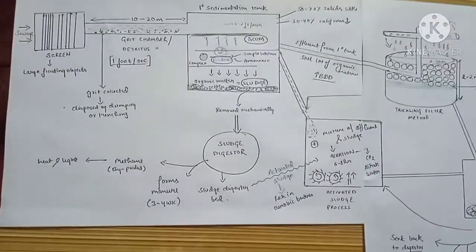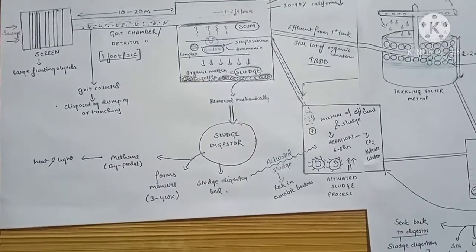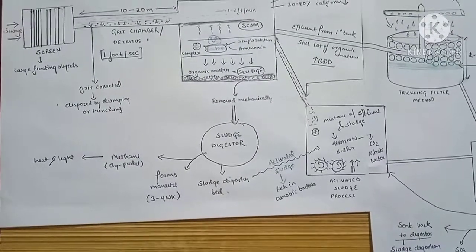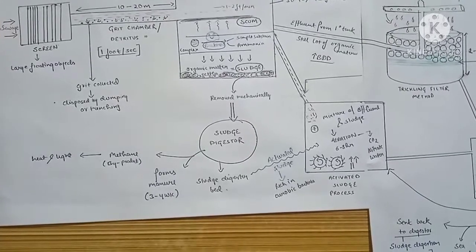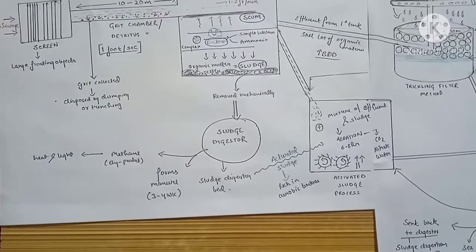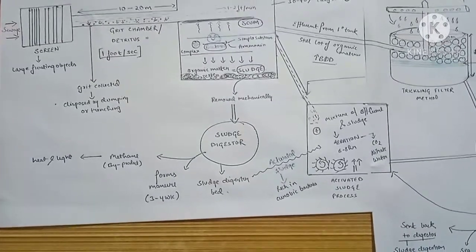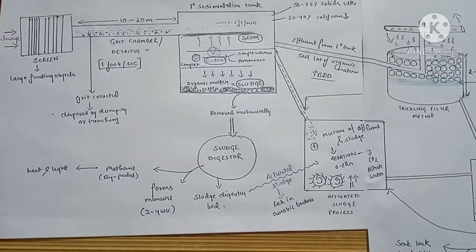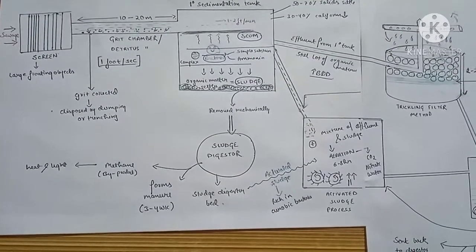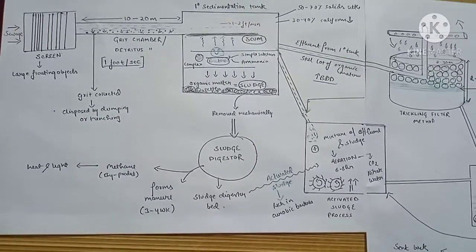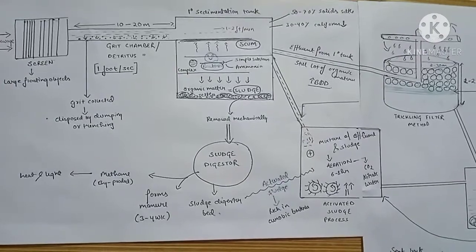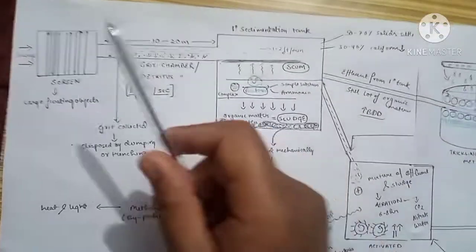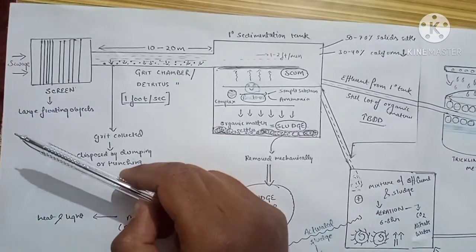So let's try to understand why we need to treat the sewage. The sewage is actually 99.99% water with other constituents like organic matter and inorganic matter. Now the problem is this sewage has a lot of biological oxygen demand, and if we spill this directly into a river, the plants and animals will be harmed to a great extent. So what this sewage treatment plant does is it reduces the organic substances plus the biological oxygen demand to a minimal level that is required, and then we spill it into the river, and this provides a safe disposal method for our sewage. So let's start by understanding how this sewage treatment plant is going to work.